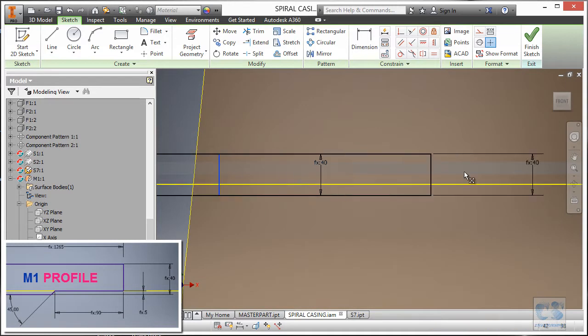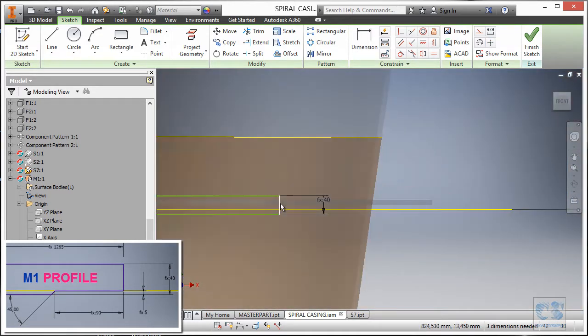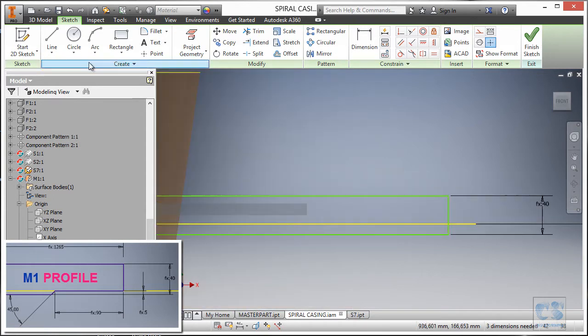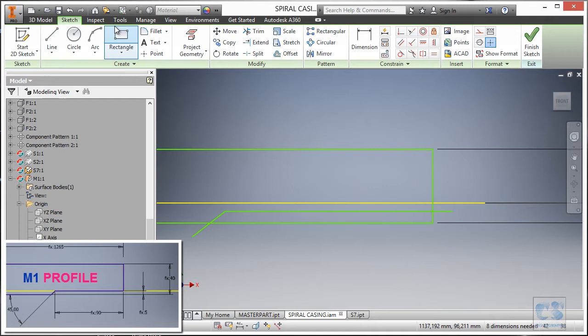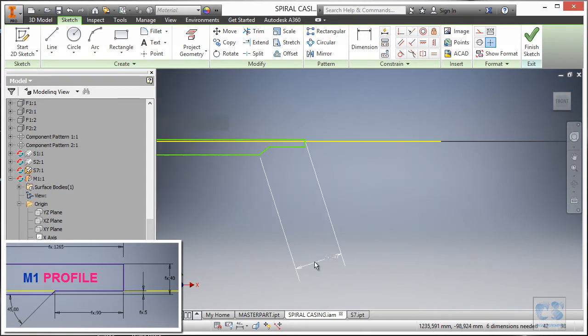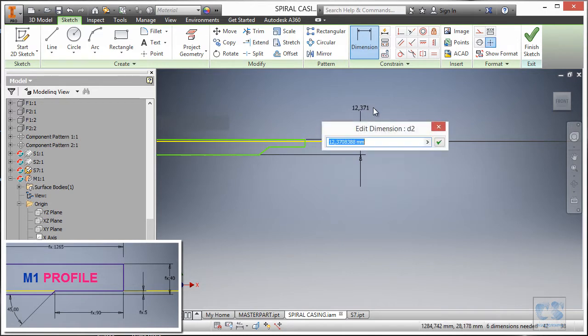So now we will grab this and drag it so it is somewhere like this. Now, using the line tool, we will create the cut, something like this and like that. We will use the trim tool to remove this portion, this one and this one. I don't know why this fell, so we are just going to delete it and recreate the thickness dimension, like that.